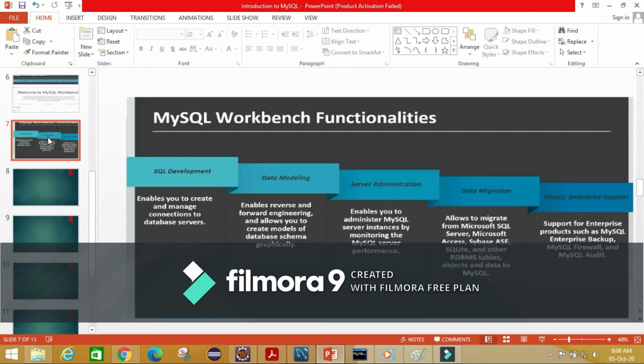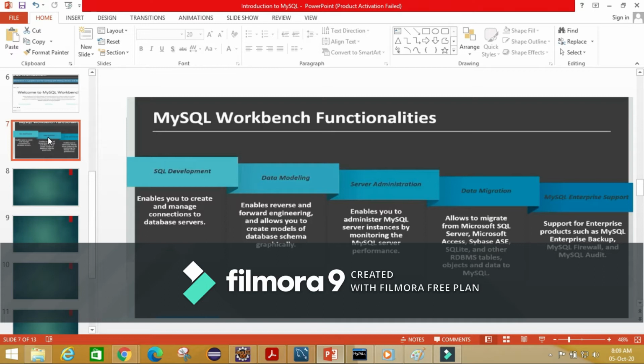This functionality enables you to administer MySQL server instances by administering users, performing backup and recovery, inspecting audit data, viewing database health, and monitoring the MySQL server performance.